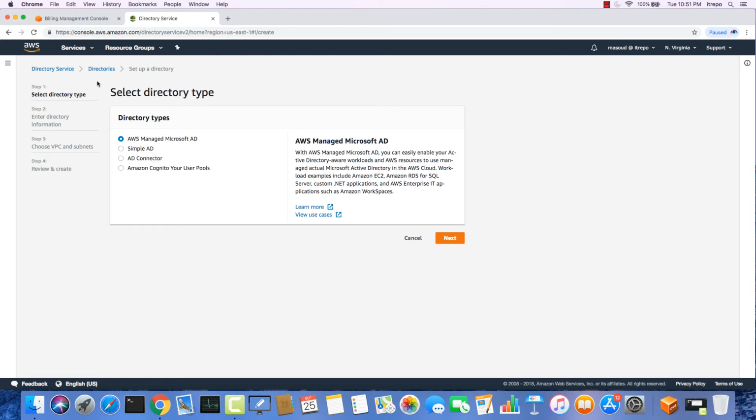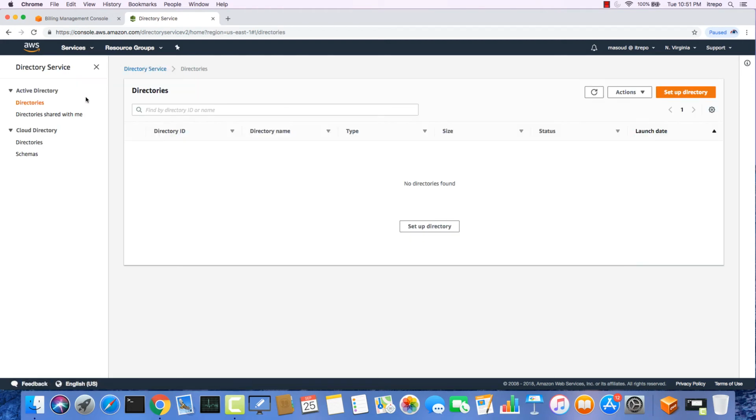But if I go back to the previous page, you can see we have another one, which is Cloud Directory, which is just the directories and schemas inside AWS, and you can use it for authentication purposes and keep track of other information related to the users. So in total, it's going to be 5 different directory services. So moving forward, if I click again on Set up directory,